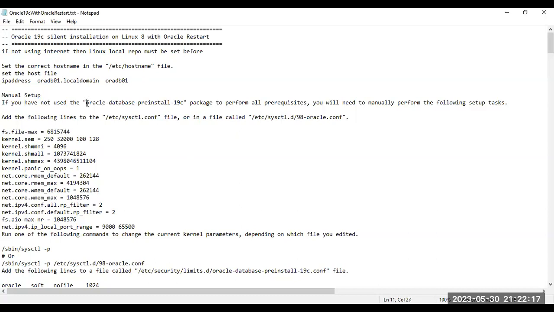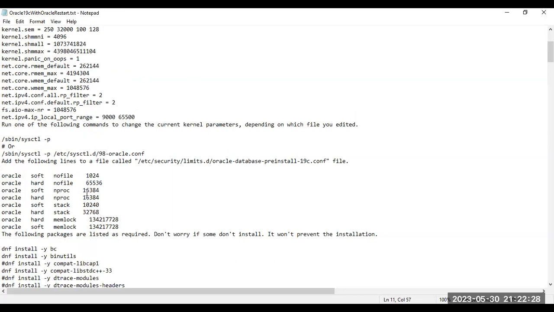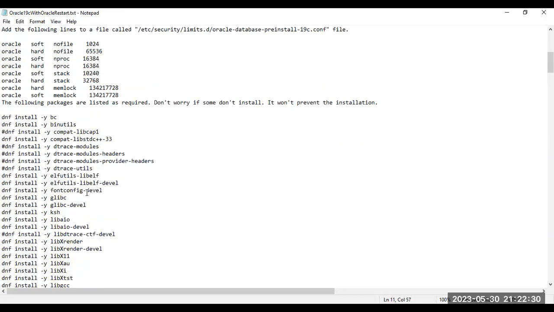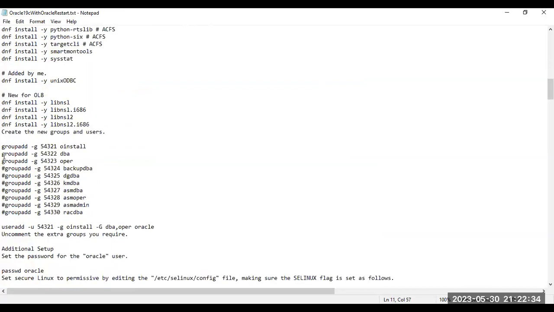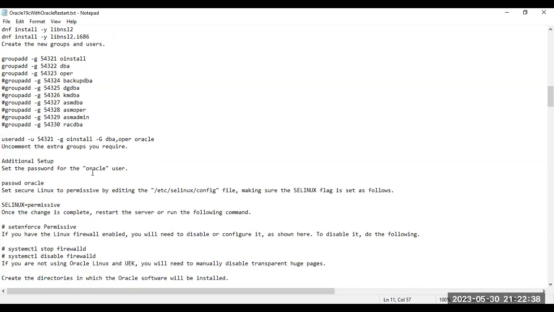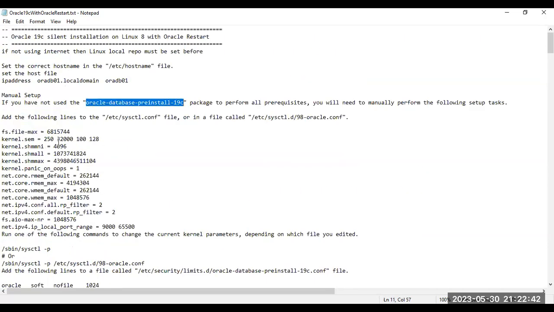If you want, you can run this package and it will automatically configure all these settings in sysctl.conf and the hard limits and these dependency RPMs, and it will even create groups and users. But in our case, we'll do it manually so you know what we are doing. So the first thing,